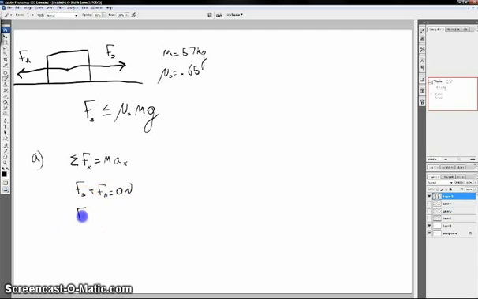So that means that the applied force has to be equal but opposite in direction to the force of static friction. As long as the applied force is less than the max static friction,